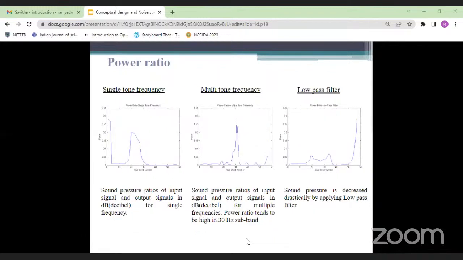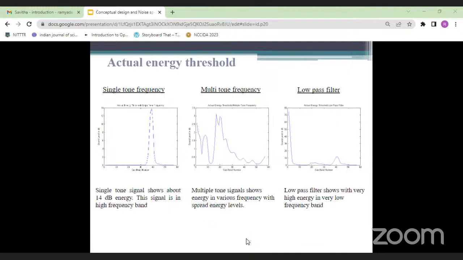We have another assessing factor, the power ratio, where in the same way we have analyzed it for single tone, multi-tone input, as well as the low pass filters. We can also assess by using actual energy threshold, where the single tone signal shows about 14 decibels of energy.